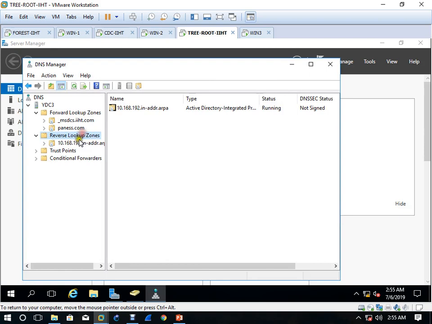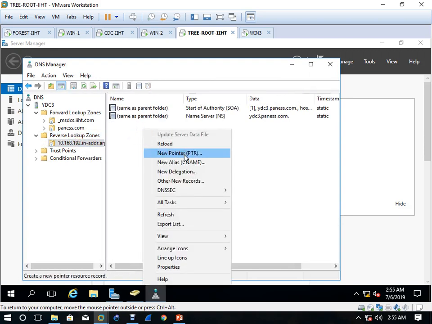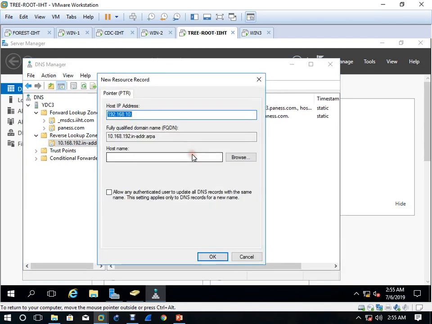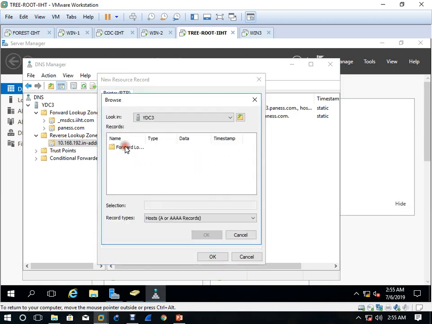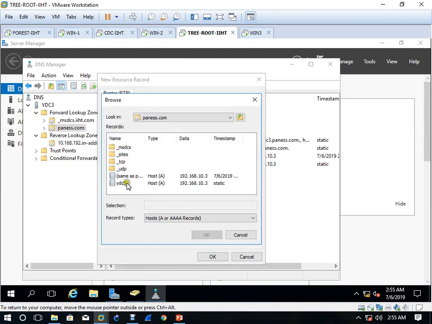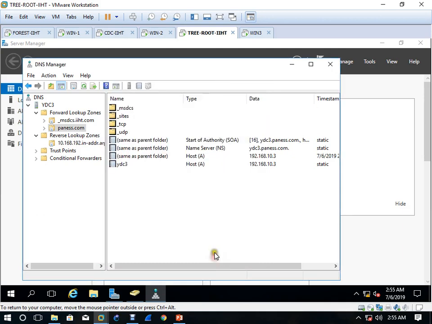And then you have to create a pointer for this one. Right click, new PTR, okay.